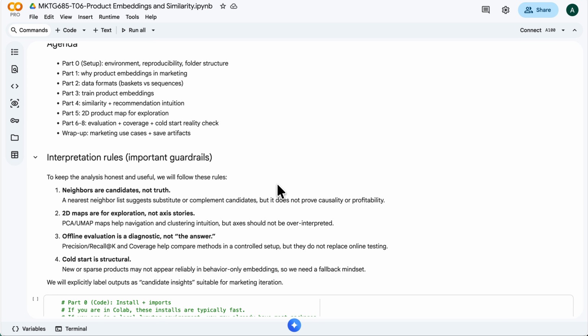One more important thing, interpretation rules. First, nearest neighbors are candidates, not truth. A model can suggest that two items belong together, but it does not prove the relationship is causal or profitable. Second, 2D maps are for exploration. Dimensionality reduction methods distort distances, so we use them to spot clusters and navigate, not to tell stories about the